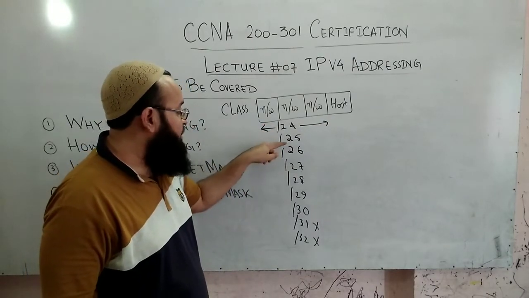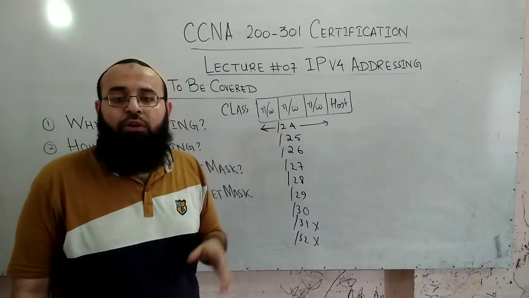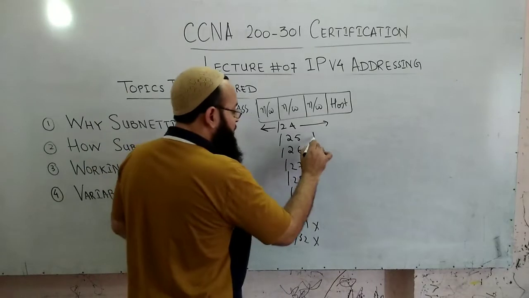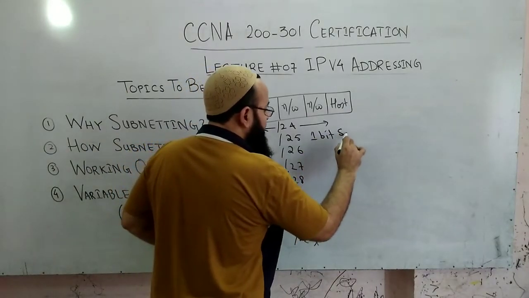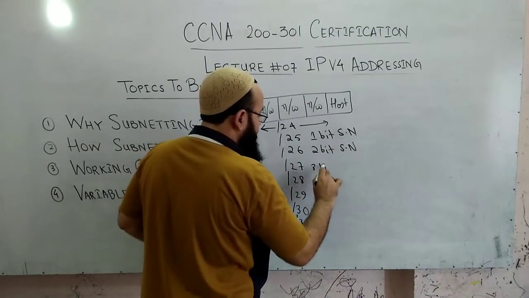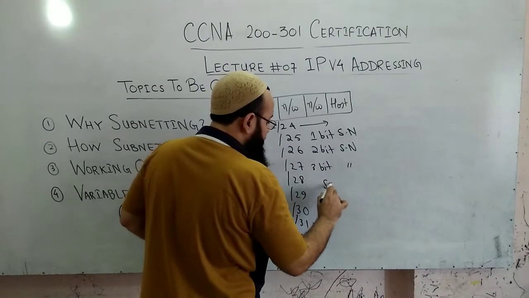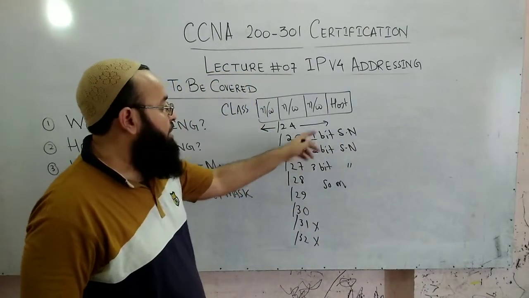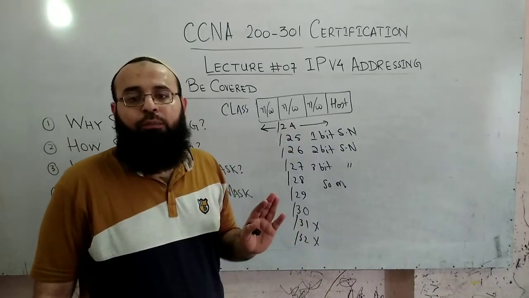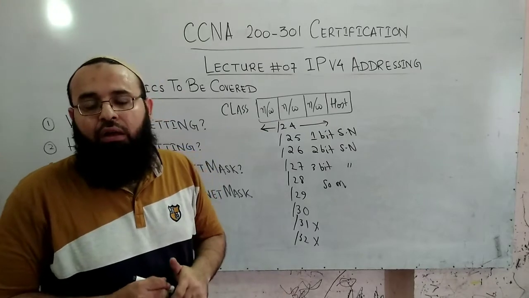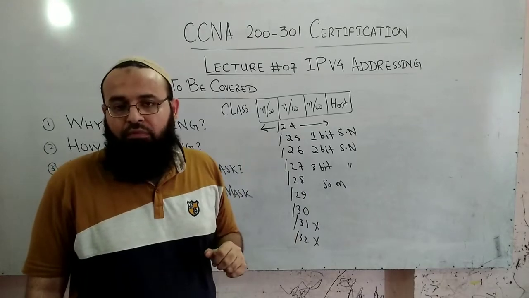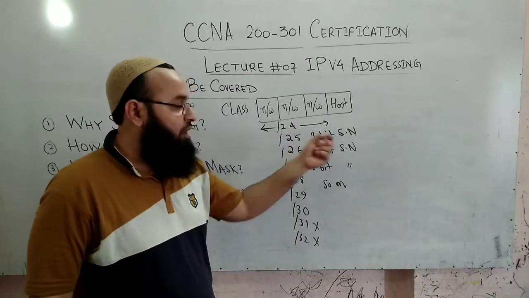Let's say we have the CIDR value /25. In case of /25, you have taken 1 bit from the host portion. So 1 bit for subnetting. Here, 2 bits for subnetting. Here, you have 3 bits for subnetting, and so on and so forth. In case of /24, no bit is taken from the host portion, as this is the default subnet mask for a class C IP address, a /24 CIDR value. In case of /25, 1 bit is taken from the host portion.